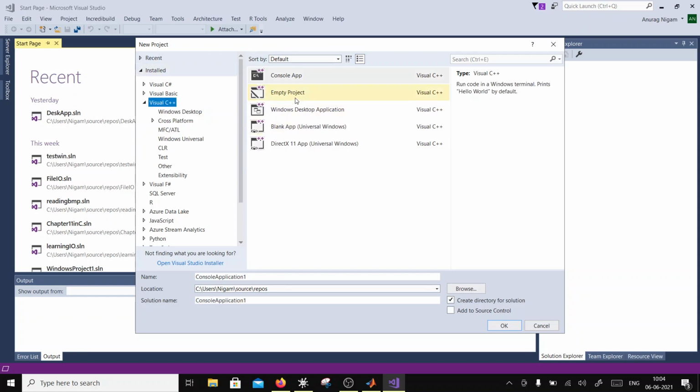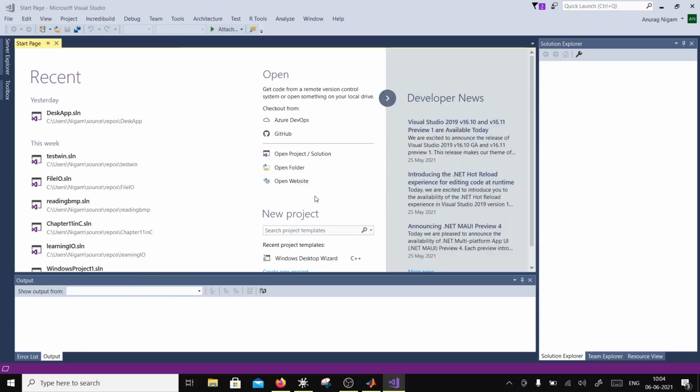So I can create an empty project, and call this project discover image.